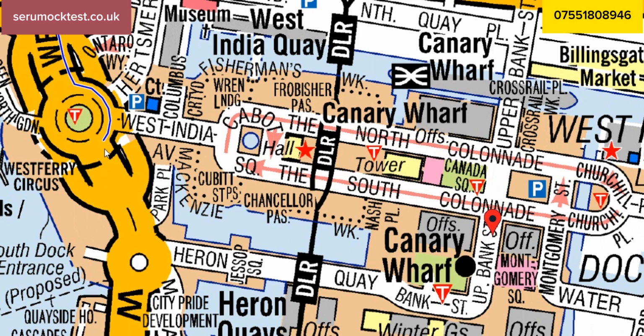And again, some people try and come in between this line. No problem, but again, you don't have to avoid it. This is underneath. And also, when you come this way, you don't have to come through this way. You can just go over it. That's not a problem. This is underneath. And you can come this way, Heron Quays to Bank Street to Upper Bank Street. That's not a problem. Let me explain the mistake people make,